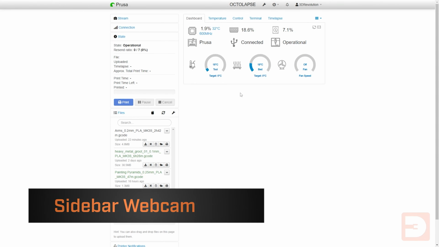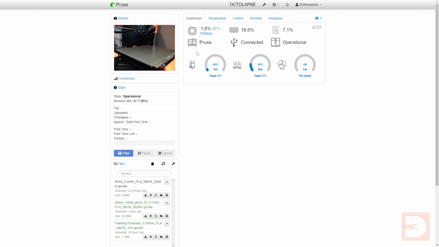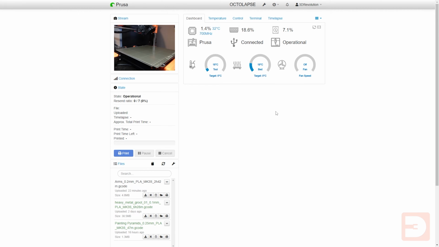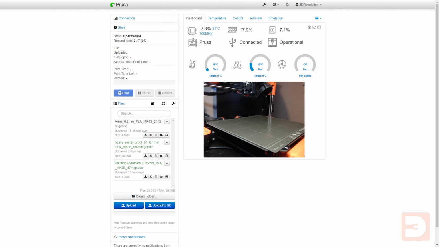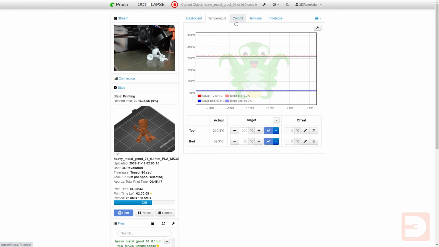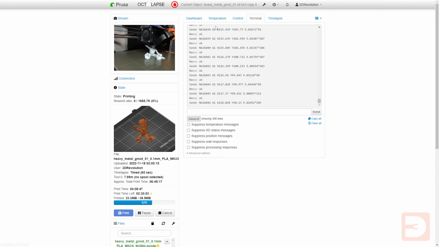The next plugin is Sidebar Webcam. The Sidebar Webcam just adds this section here, which is a live feed of your webcam. You can click it, it'll go full screen, unclick it and it will go small screen. Now, whilst in Dashboard, you can add a feed from your webcam to your main display. Having it on your sidebar means that as you're ticking across other tabs in the user interface, you can still see your webcam, and that can be really useful.